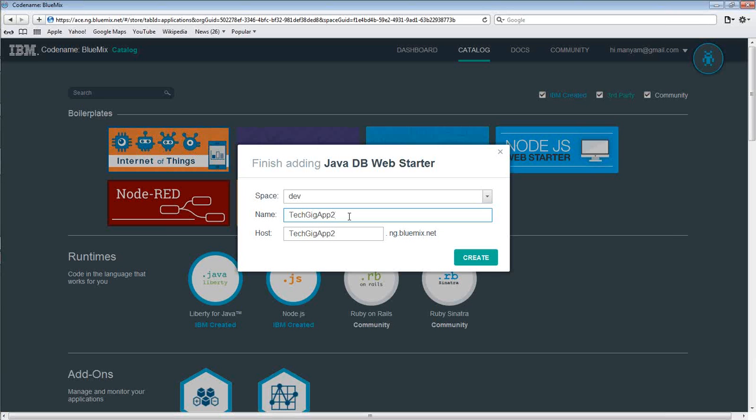Okay, again note that URL. Once that app is running, all of you attending the session will be able to go to that URL live right now. So I say create. Now it needs to create multiple instances for this. It needs to create a container for running the WebSphere Liberty profile, put the app server in that, put whatever sample apps are configured as part of that, and then create one more instance for database,